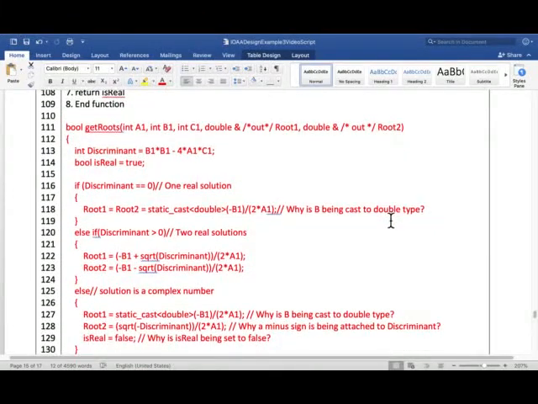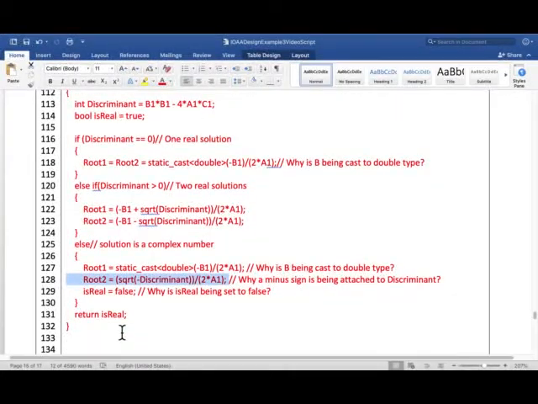Otherwise, it's a complex solution for which I don't need to test the discriminant. And in this case, root 1 will be, real part will be this, imaginary part will be that. Answer the question why the minus sign is being attached to the discriminant. But now we need to update the value of is real to false. And after that, return is real. And that's the source code for